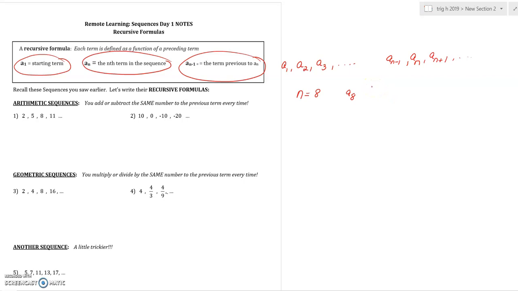If we're talking about arithmetic sequences, let's say we had something like number 1, where you notice there's a common difference of 3. Let's write that down: d is the common difference, where you're adding 3 to each term to get the next term. So that's the pattern. You could say that any term in the sequence is equal to the term before it plus 3. And that is called recursive